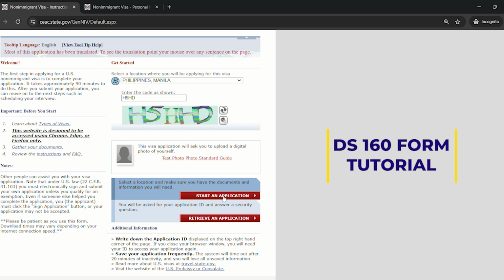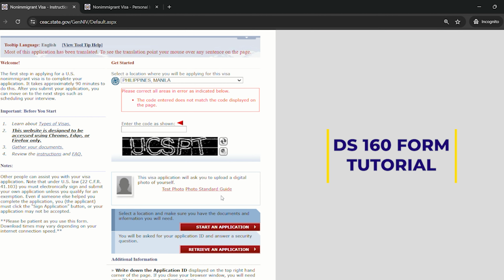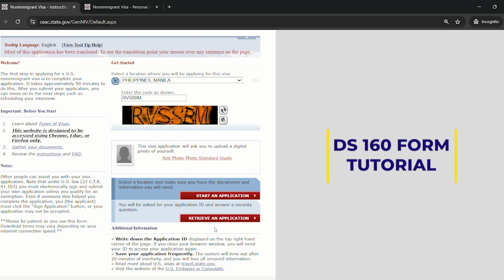For this tutorial, I'm going to share with you how to click start an application. Okay? If the code is incorrect, you are going to re-enter it again. If you cannot read the codes, you are going to click this part, and then you just have to re-enter what is available in this form. Alright, so click start.